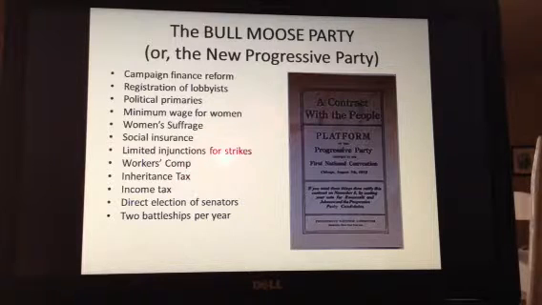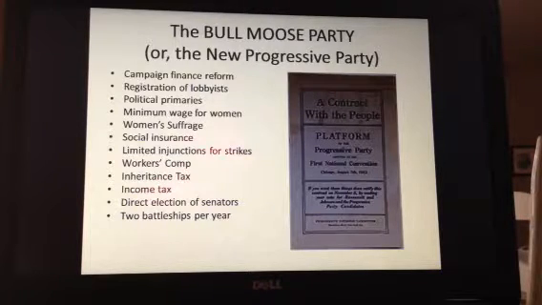Limited injunctions for strikes. Injunctions, that is when a judge can rule that a strike is illegal, and therefore picketing is illegal and everyone has to go to work. That is something that was frequently used when people went on strike. A judge would issue an injunction, and that would give the owners of whatever facility it was the legal authority to disrupt the picketing. He called for workers' compensation for if you were injured on the job,